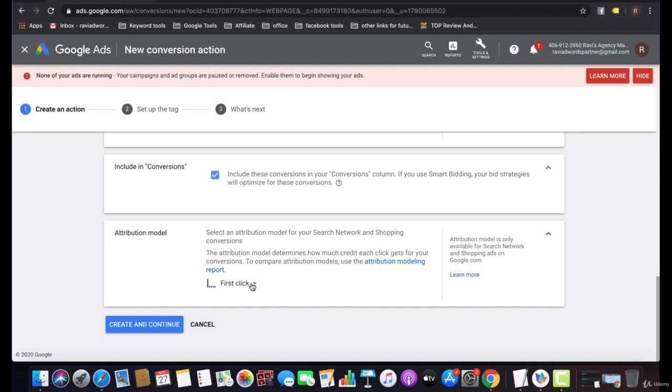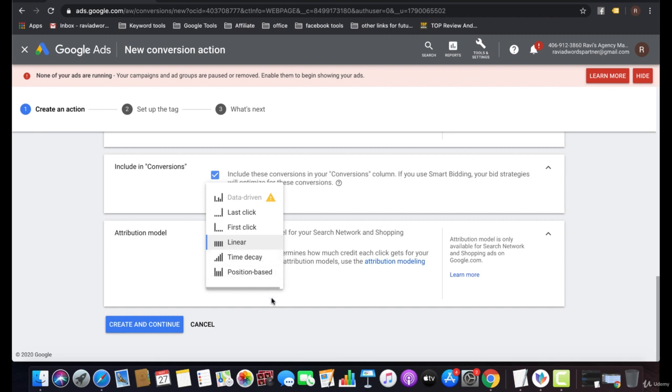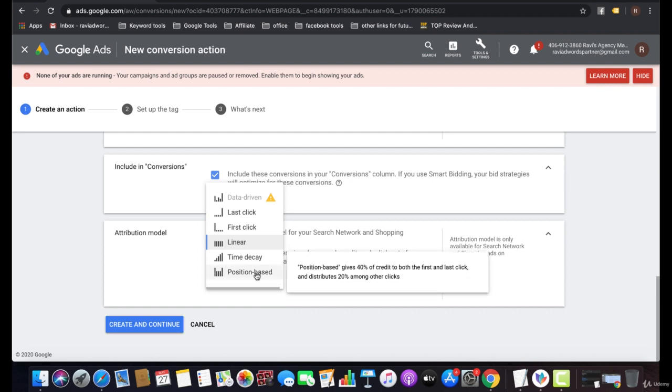If I'm clicking on an ad multiple times, but the advertiser has selected the first click conversion model, my first click will be counted as the conversion. And linear is distributed to all the clicks. And time decay will distribute according to the time and all the windows as well. Position based means it will distribute 40% to the first and last click, and 20% to the other clicks as well.